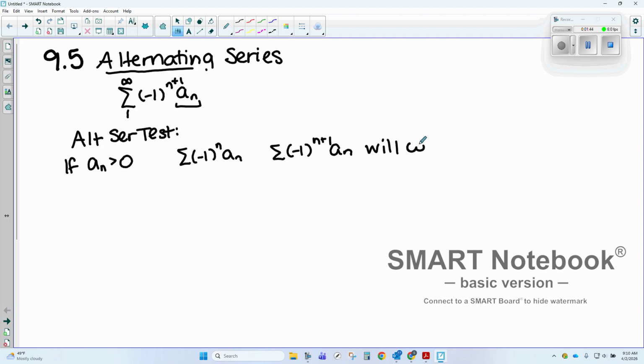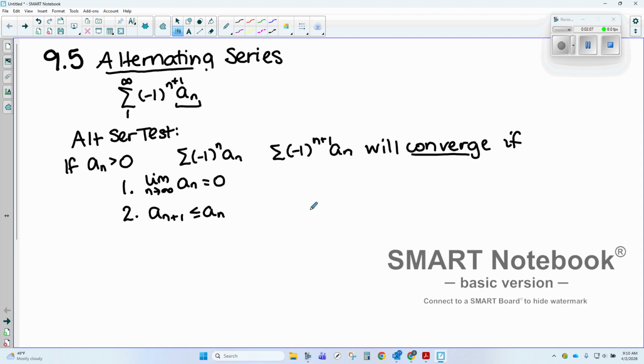will converge if both of the following statements down here are true. One of them is if as n goes to infinity, our a sub n's go to 0. The other one says that we have a decreasing sequence with our a sub n's. It says for all n greater than or equal to 1, but